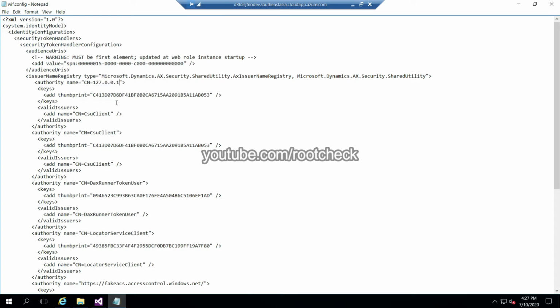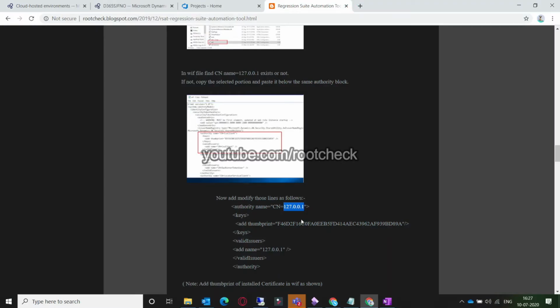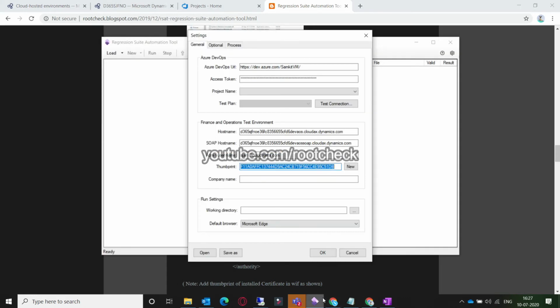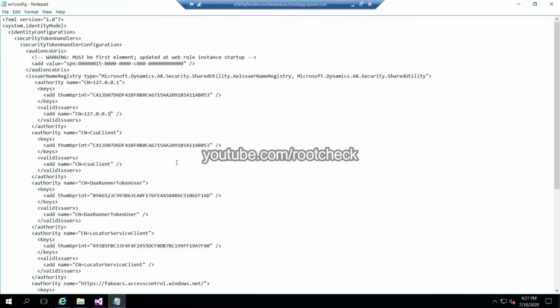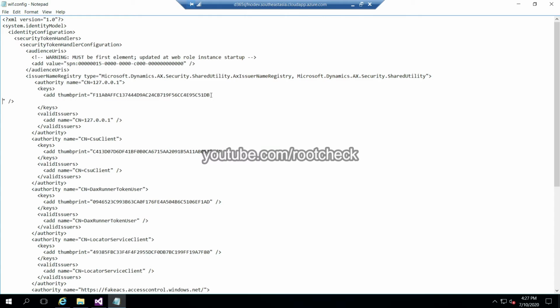So just paste the thumbprint, and the CN would be 127 dot, as you can see here in the blog. Copy that thumbprint and paste the thumbprint generated in the RSet tool.